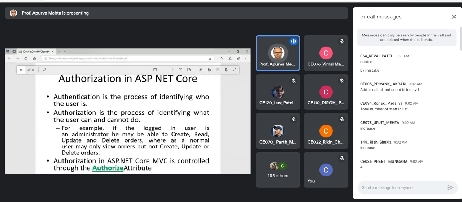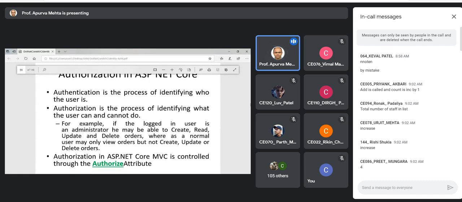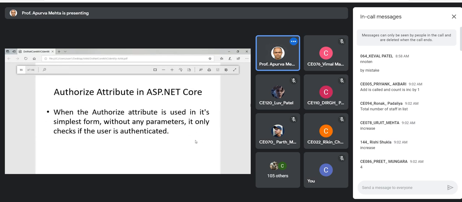And authorization is the process of identifying what the user can and cannot do. Now, authorization in .NET Core MVC is controlled through the authorize attribute. That means in the square parentheses, you write authorize.